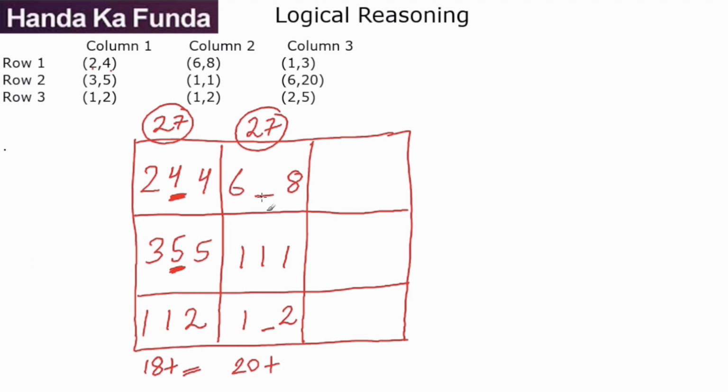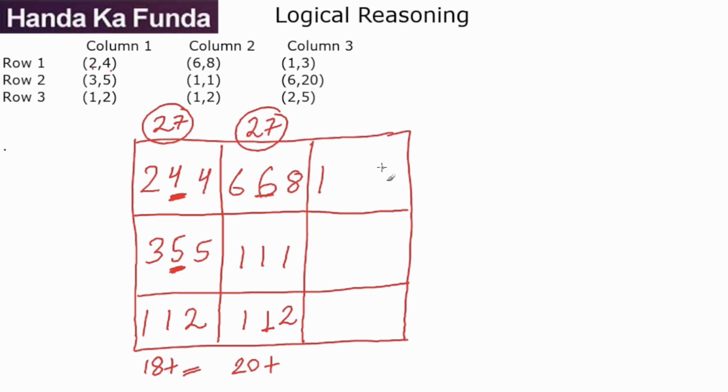I can take a 6 here or a 7 here or an 8 here. I can take a 1 here or a 2 here. But the sum total of these two should be 7. The only way that is possible is if this is 6 and this is 1. Please note, if you take 7 here, you will have to take a 0. Not possible. If you take an 8 here, you'll have to take a -1 here. Once again, that is not possible. So the only solution for this was 6 and 1.